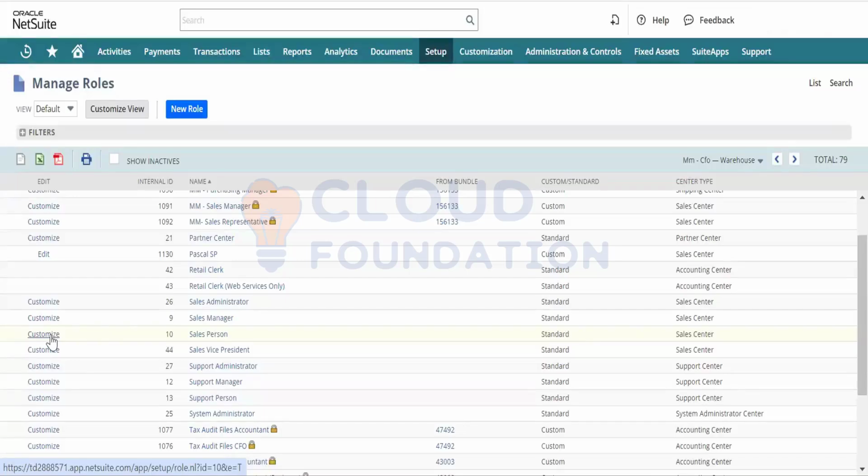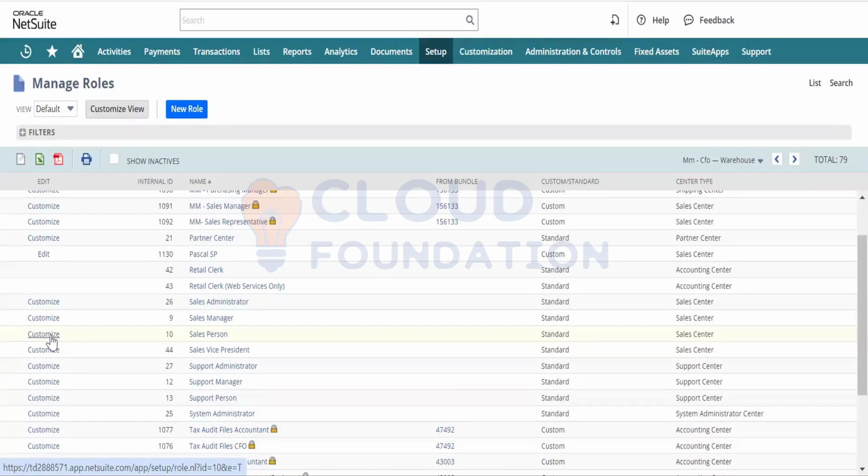By going into the customize button, I can provide the permissions related to the setup, list, transactions, everything. I can update the permissions, but